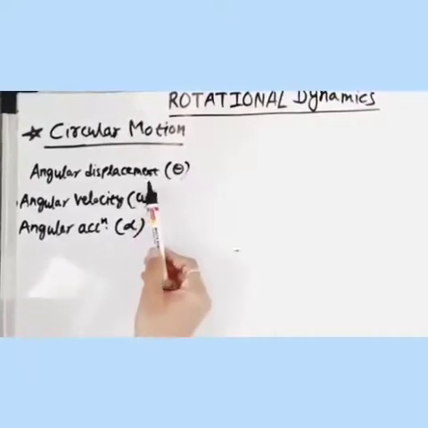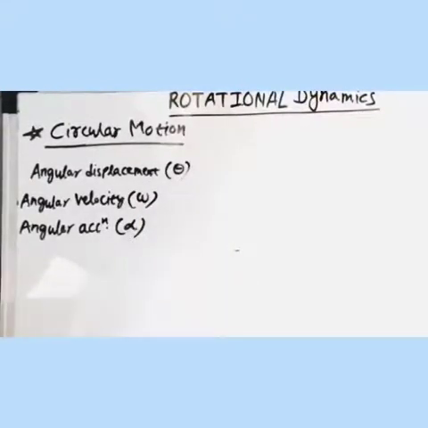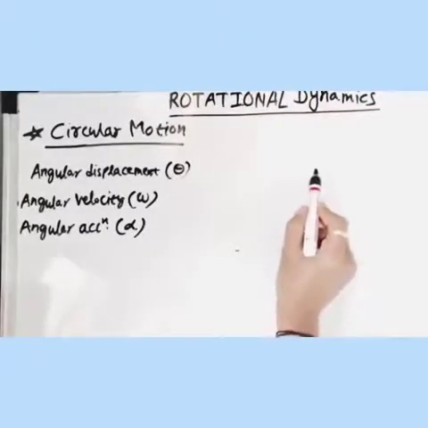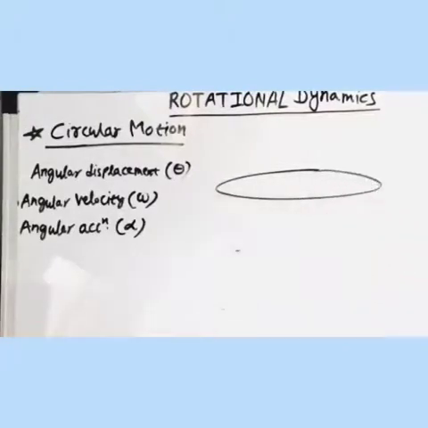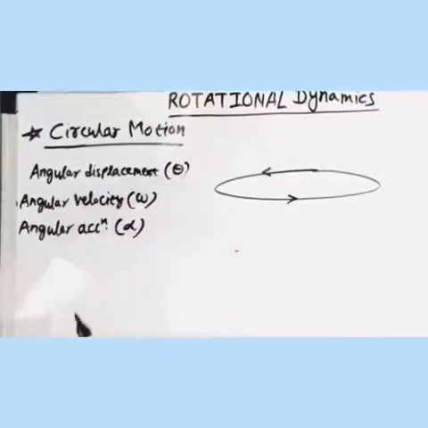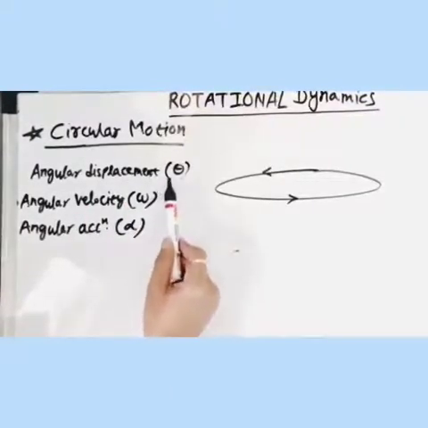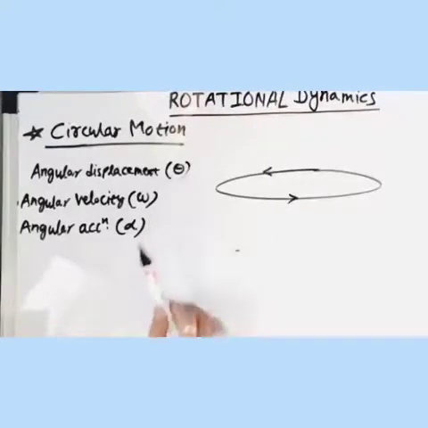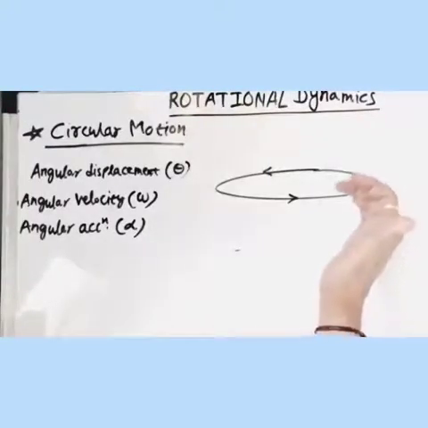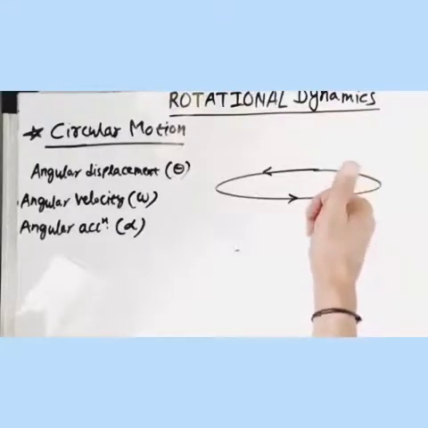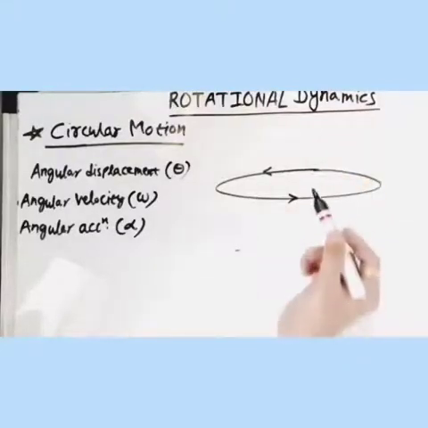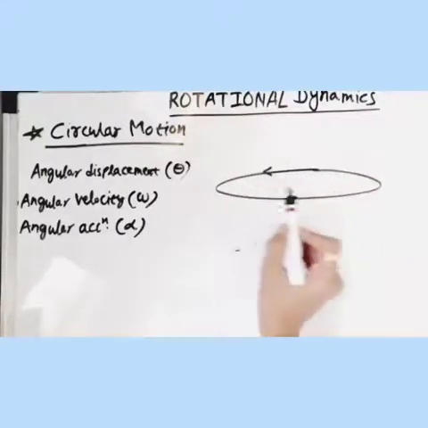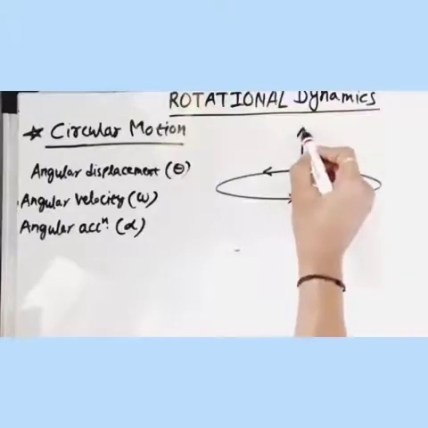About these physical quantities we have already studied in 11th standard. As we have discussed, angular displacement, angular velocity and angular acceleration are vector quantities. So let us check how to find out their direction, for which we are going to consider a particle performing circular motion along the circumference of a circle. Imagine the particle is performing circular motion in anti-clockwise sense. As I told you, we can find the direction of angular displacement by the right hand thumb rule. The curved fingers denote the direction of motion of the particle, whereas the thumb denotes the direction of angular displacement. So in this case, if this is the direction of motion of the particle, then angular displacement will be directed in upward direction.